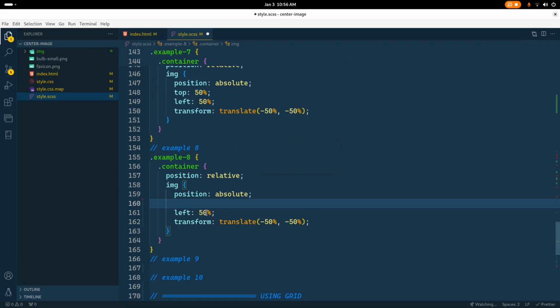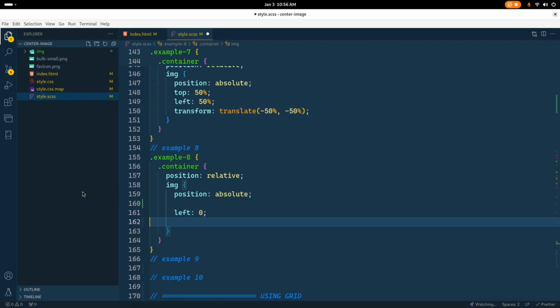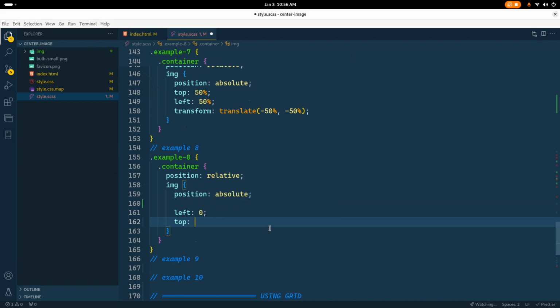Left should be 0, and we don't need to use a percentage if I use 0, and top property should be 50%. If I save this,